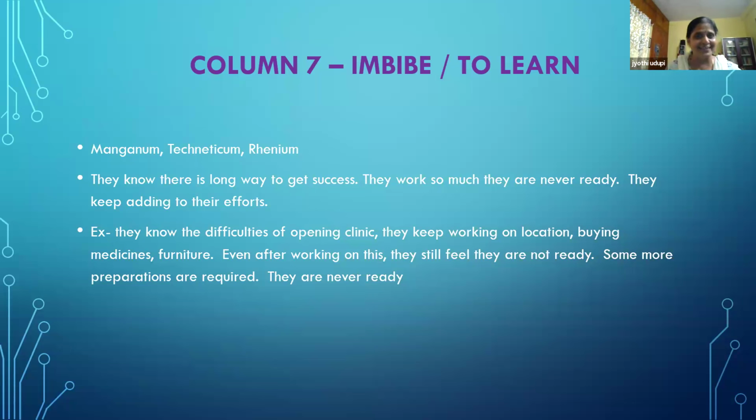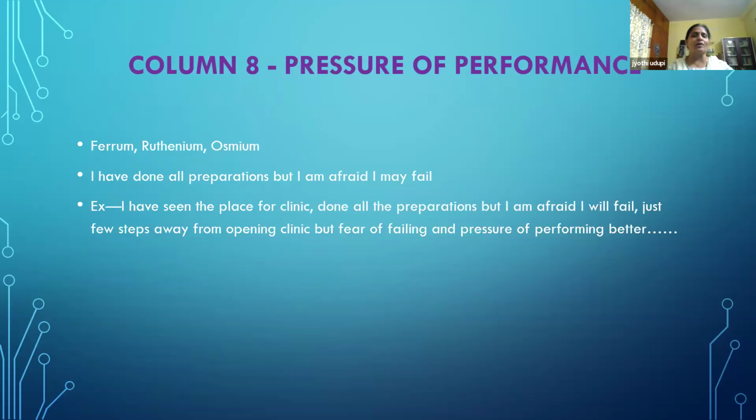Now, I guess all of you are trying to locate which column you are in. Row, forget. Now, locate yourself in which column we are. Lighter side. Column 8. Pressure of performance. Now we are almost reaching. I showed that chart, no? 1 to 10. 10 is at the middle. They are the achievers. So 8 is not very far from 10, no?